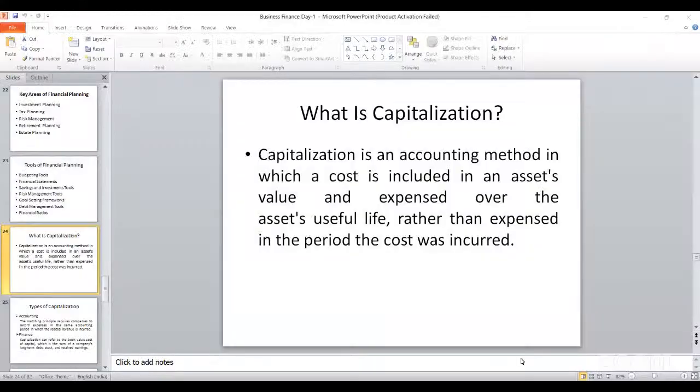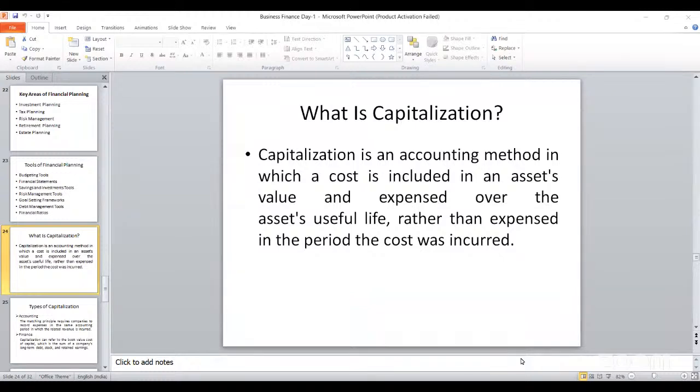Asset, together we call it capitalization. That means for the whole period of time, how much you have used that particular asset. That refers to your capitalization. So in simple terms, we can say capitalization is an outlay, in the sense a blueprint